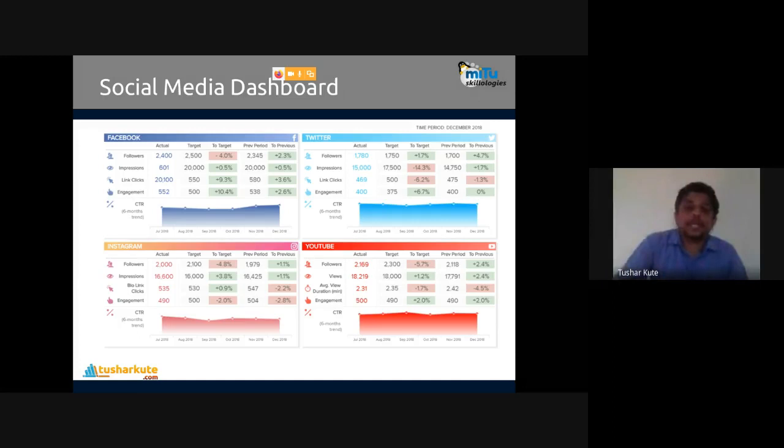And then what's the click-through rate for the last 6 months that is present? That's constant for all the different 6 months. If you check for Twitter, Instagram and YouTube also, some targets are set, and whether you're achieving that target, we can find with the help of these social media dashboards.